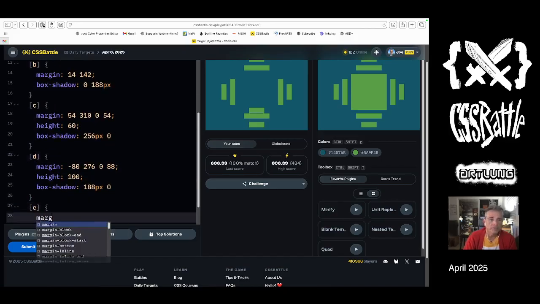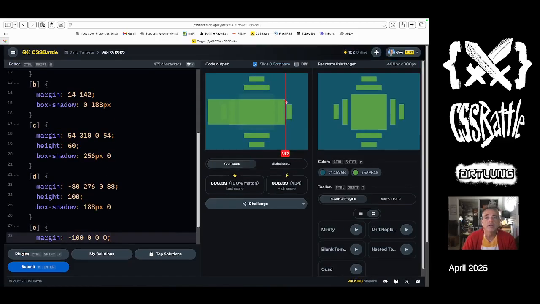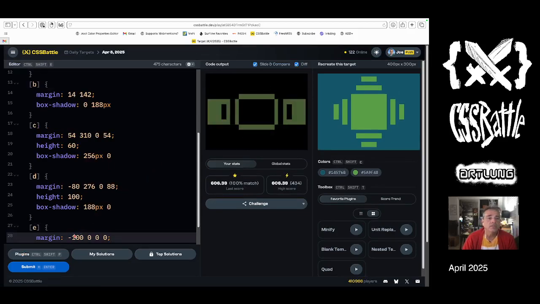E margin minus 100, 0, 0. Okay, so we definitely have something going on. More negative, okay, 120. And then probably these are going to be equal on the side, so I can do just a second number, 60, 90, 110, 120, 122. And then the height,